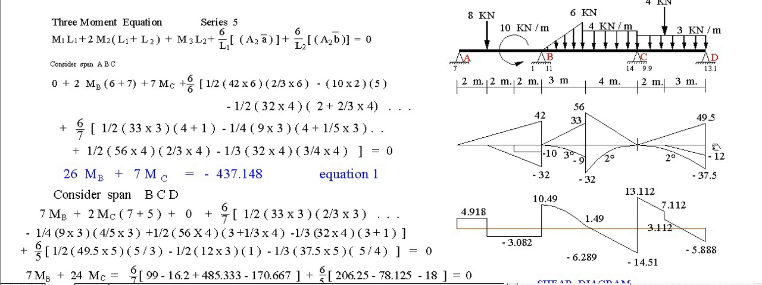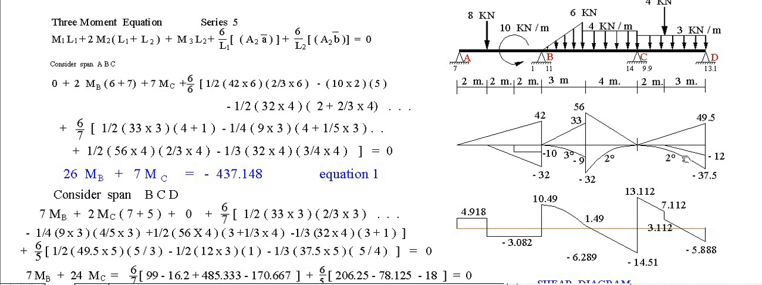Okay, for the second span, we have 6 over 5. The area is 1/2 times 49.5, and the distance is from the right. For the right span, the distance is from the right, so 1/3 of 5, distance here 1/3 of 5, then minus 1/2 times 12 times 3 times 1, the centroid is 1, then minus 1/3, this is second degree,